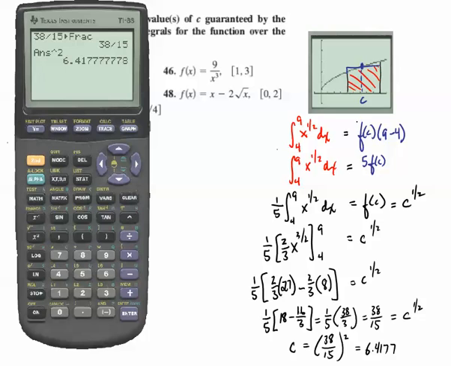And again, remember what we said, the c value, that's 1, 2, 3, 4, 5, somewhere in between 6 and 7. So that does make sense. Now we're going to verify all of this using the calculator again. But we found the c value, and we did find the f of c value, which is